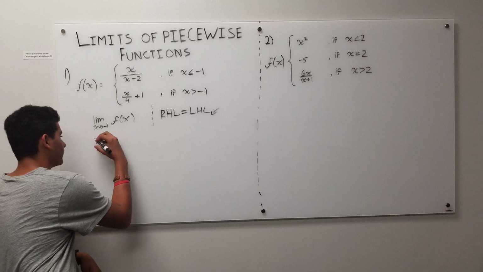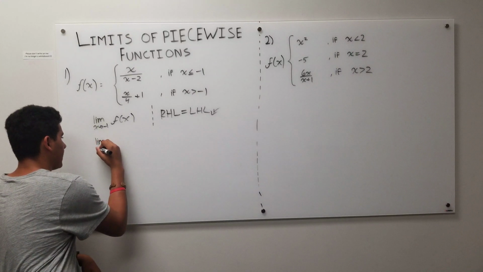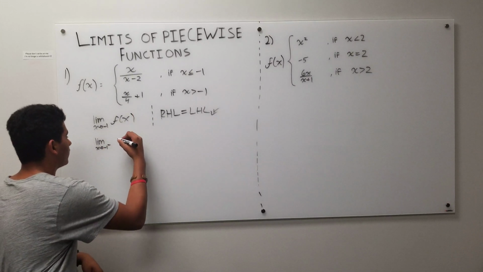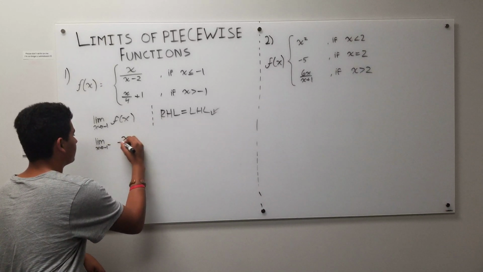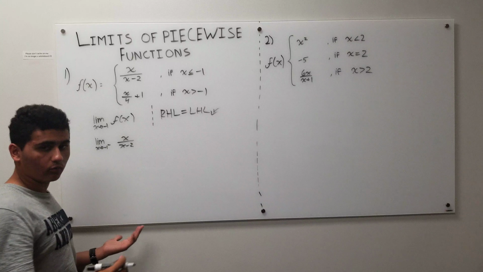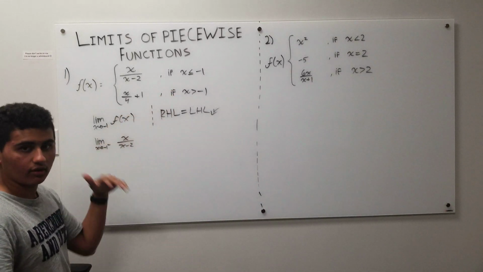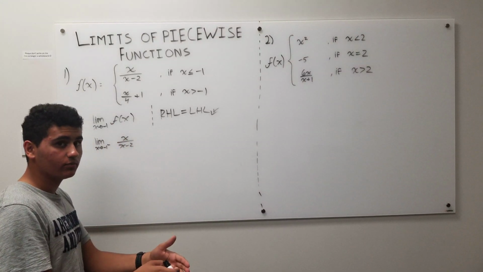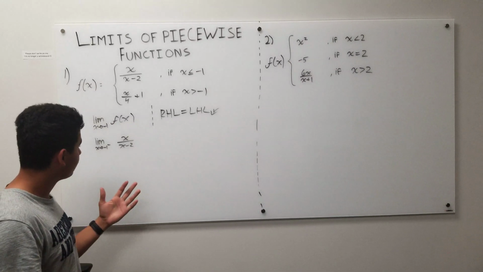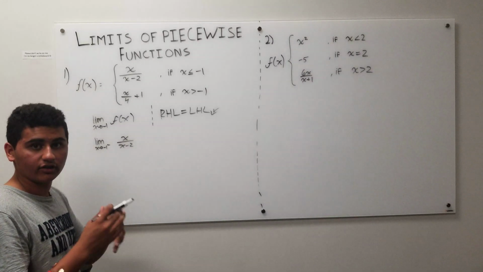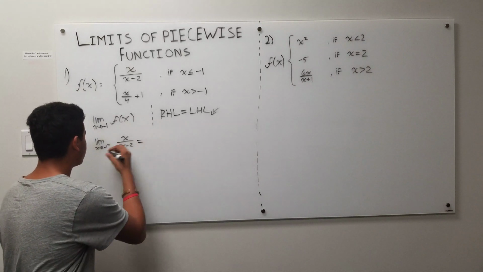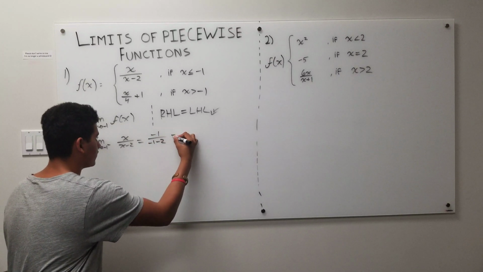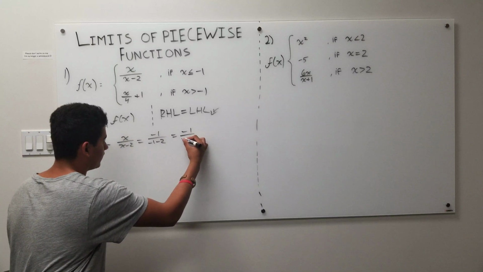So let's find our left-handed limit first. Limit as x approaches negative 1 from the left-handed side of x over x minus 2. Remember, when you're doing limits, the x value is going to get infinitely close to, but not exactly, negative 1. So you can just plug it in for a good assumption of what it's going to be. Plugging in negative 1, you get negative 1 divided by negative 1 minus 2,